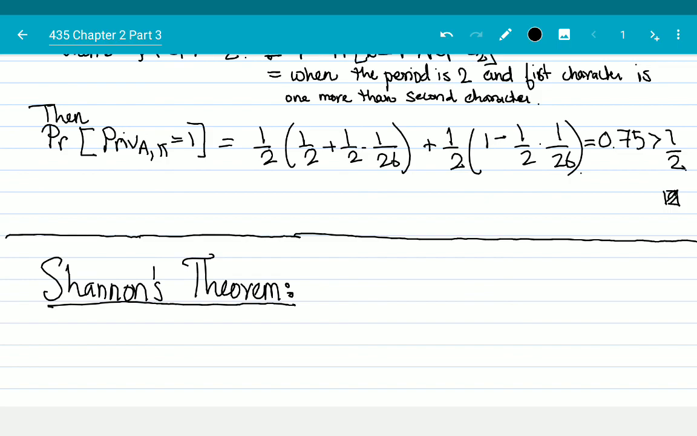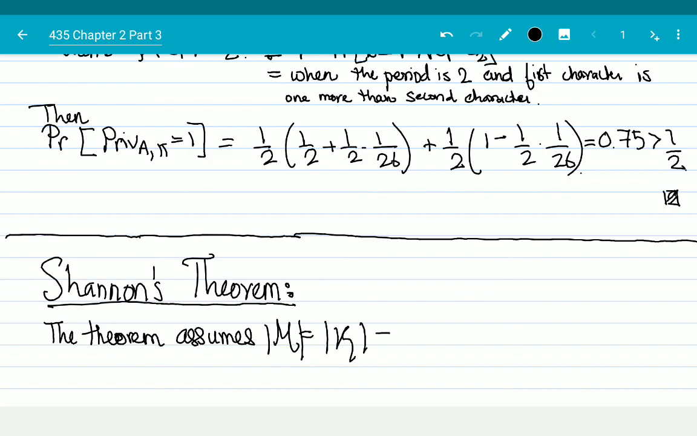so some notes: the theorem assumes that the size of the message space should be equal to the size of the key space, which should be equal to the size of the ciphertext space. Okay,